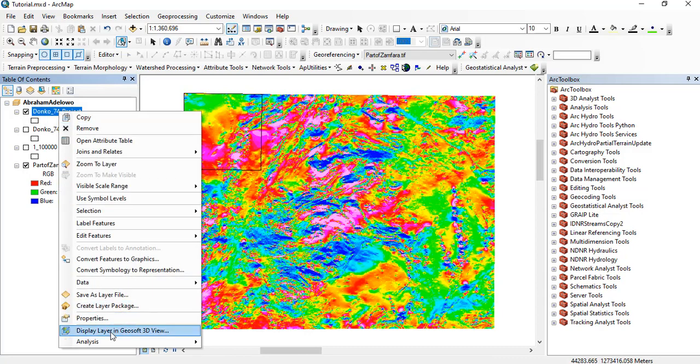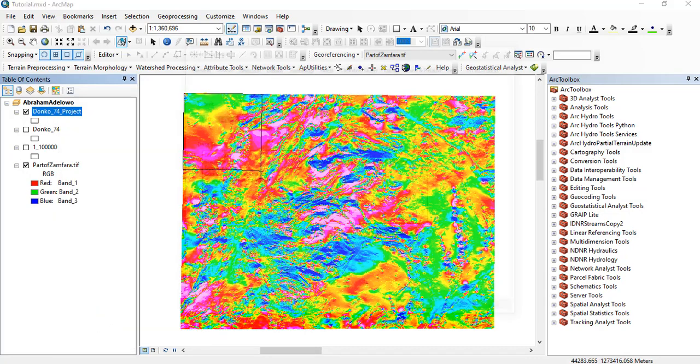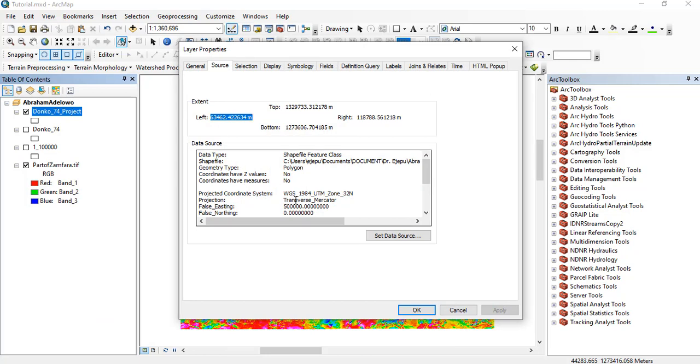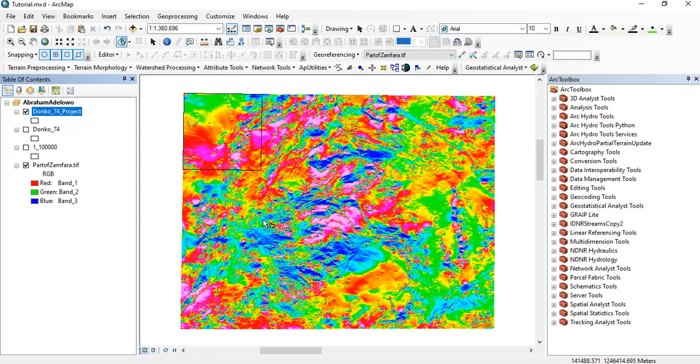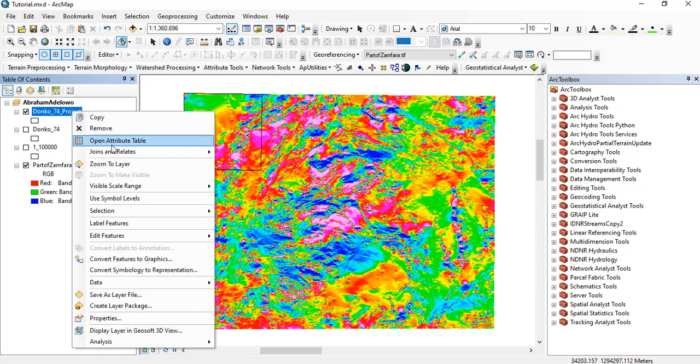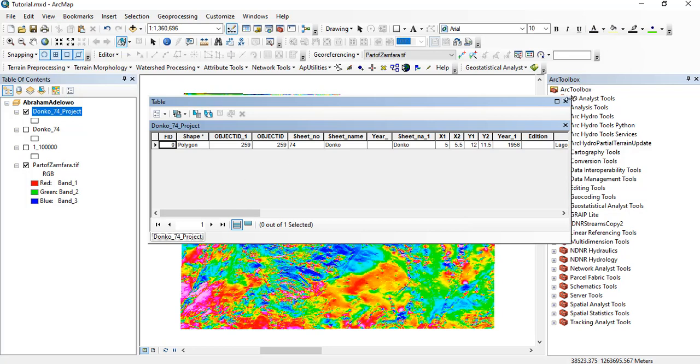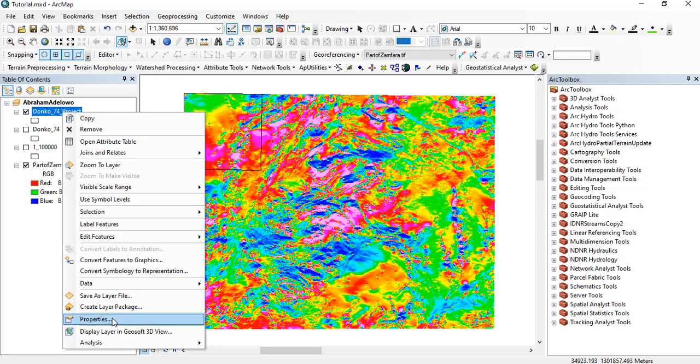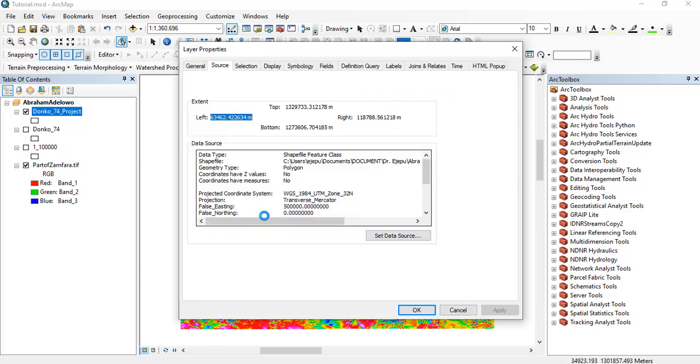So if we go on to the properties again, we'll now check on the properties. We'll now go to source. We'll now see that our projected system is WGS 84. So we have a similar projected system like we have here. And the other thing is, if we so wish, you can always cut this thing out from here by using clip, but we are going to do that in Oasis montaj. So we'll be needing this information, properties, in order to clip it in